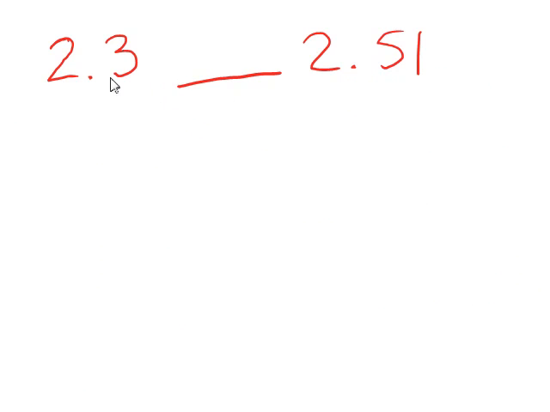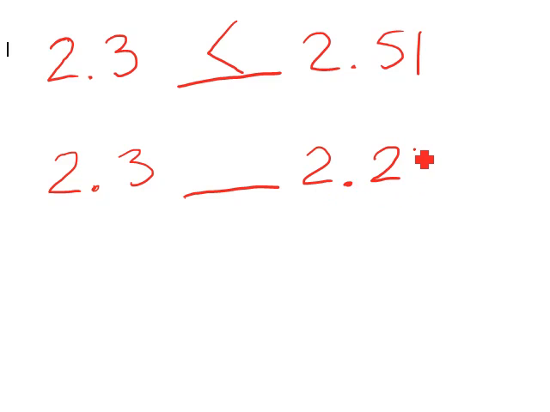When we compare decimals, we need to understand that you have to look at place value. Which is bigger, 2.3 or 2.51? Initially you might say, how can I compare them? They don't have the same number of digits. It seems like 51 is greater than 3, so I'm going to go ahead and say 2.51 is greater than 2.3. And that's true. But what gets confusing is you get something like this,